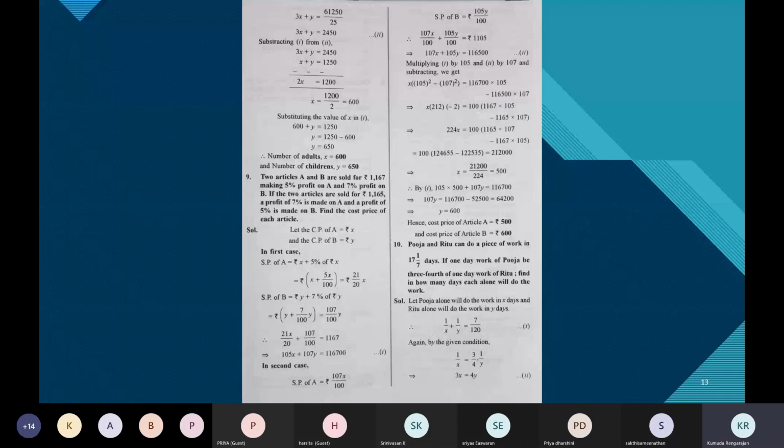Now, what do you get on solving these two equations? x plus y is equal to 1100, minus x plus y is equal to 100. So you get 2y is equal to 1200. y is equal to 600. Correct? Yes, ma'am. What is here is right. y is 600 and x is 500 is right. Please check where you've gone wrong.